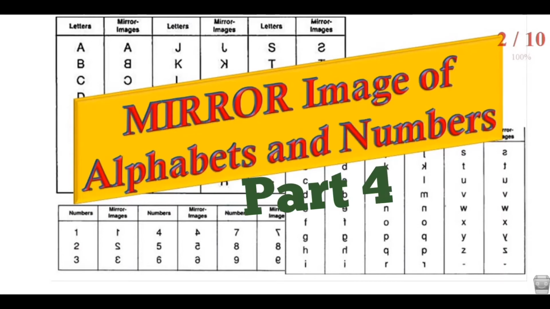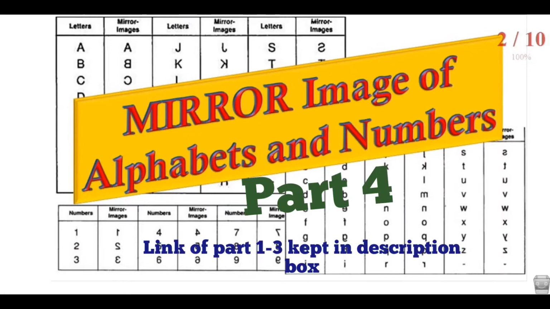In today's session, we are going to see the mirror images of alphabets and numbers combined. We are having some problems in the mirror images which we get in competitive exams, which contain alphabets and numbers both combined. Earlier we have seen in previous parts mirror images of capital letters, small letters and numbers. Based on that, we are going to complete the fourth part, in which there are some problems.